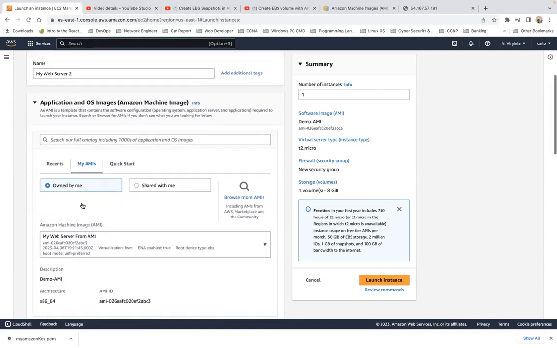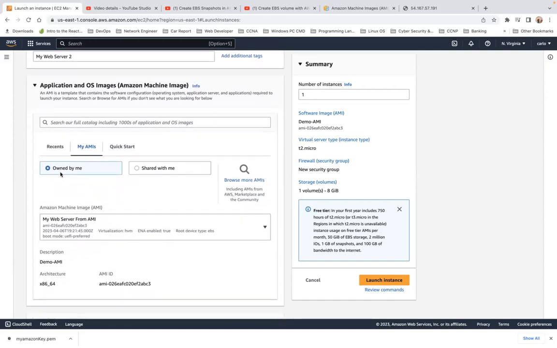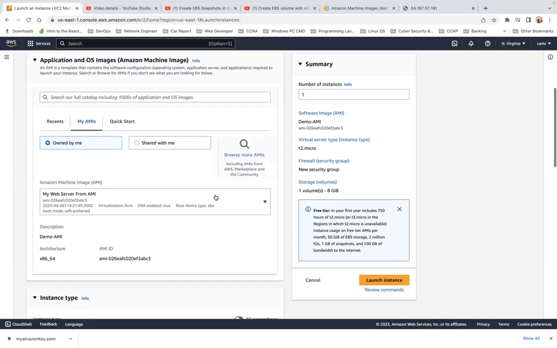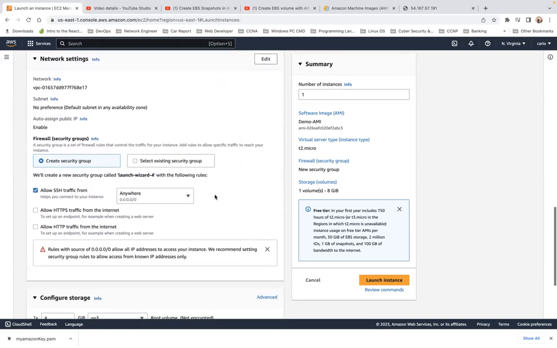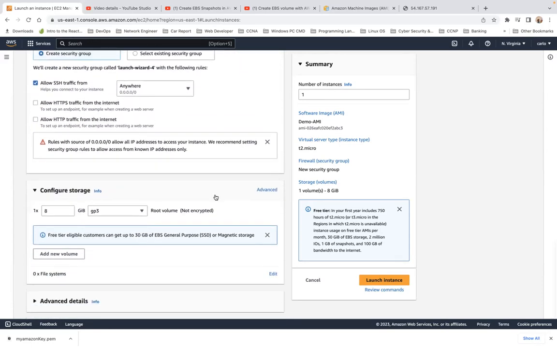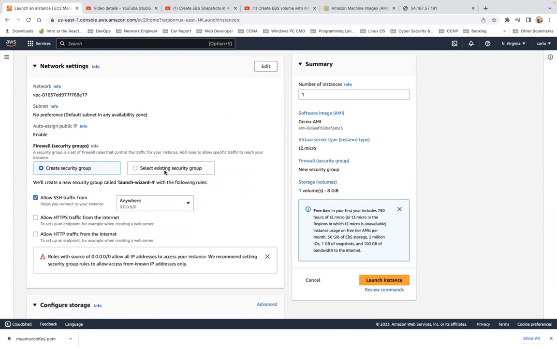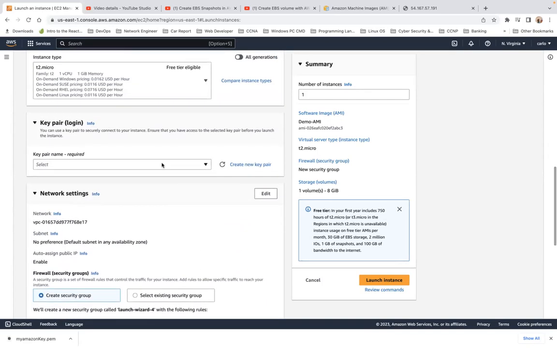and as you see here, owned by me. So that's the AMI we created, right? And there's a share with me option, which we don't need. You could browse for more AMIs if you want to. Now let's just go ahead and scroll down. Now, as we get down here, hold up. We're gonna select, oh, sorry. We can't bypass the key pair